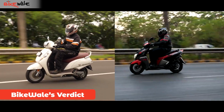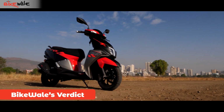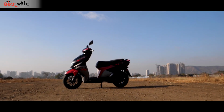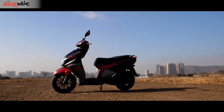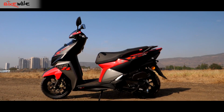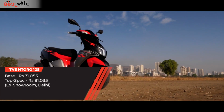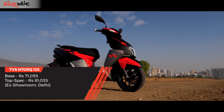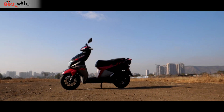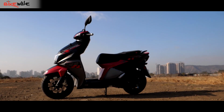So which one of the two scooters would suit you best? Well, if you are a young gun with focus on performance and modern features rather than outright comfort and practicality, the sporty TVS Ntorq 125 is the one for you. It is priced from Rs 71,000 for the drum brake variant, but the race edition would cost you Rs 78,335. And if you want some more dash of color, TVS is also offering the Super Squad edition at around 81,000